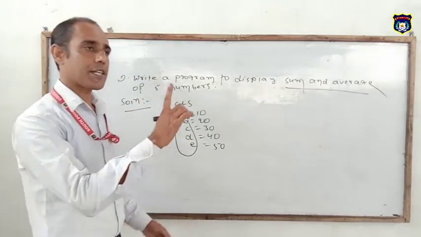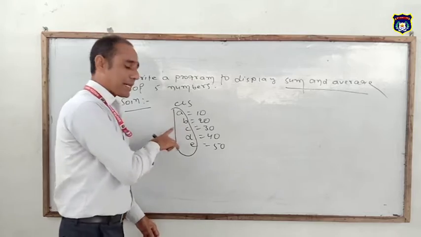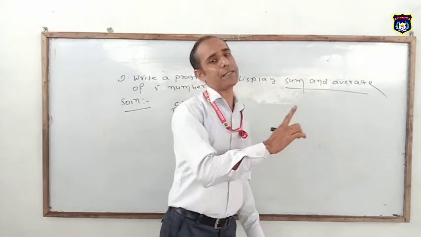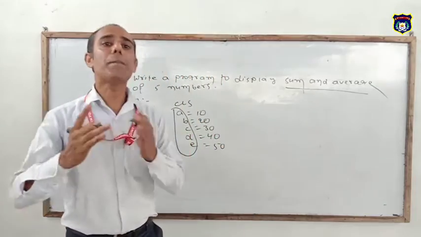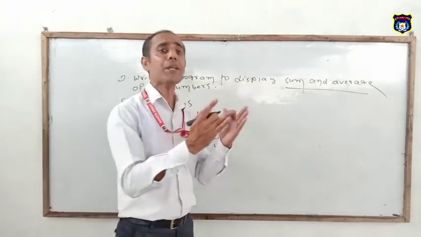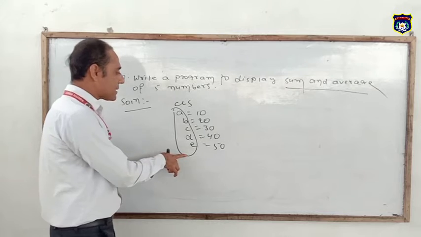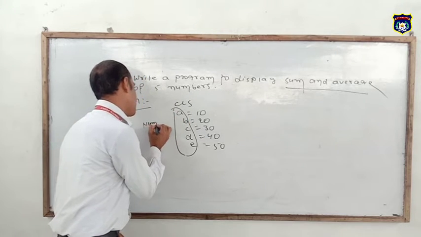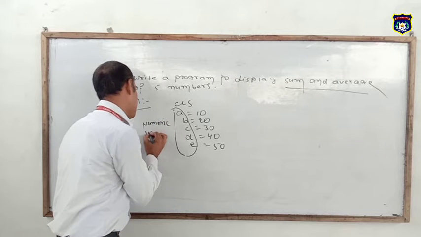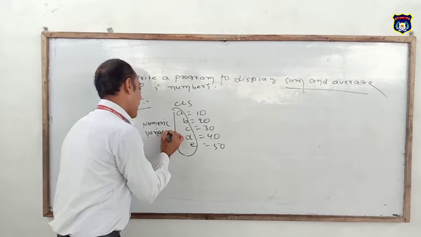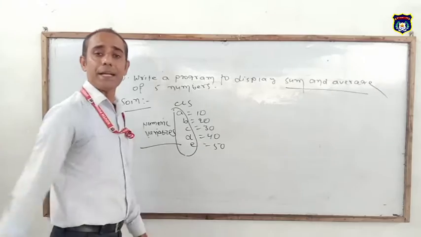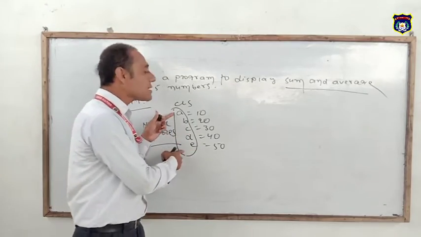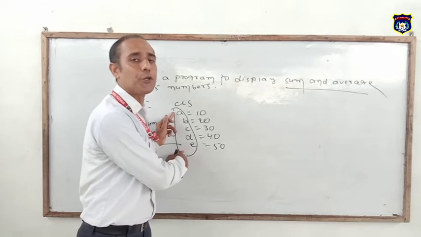We have already discussed this in the previous class. What is a variable? A variable is an entity which can be changed during the program execution. It stores the values. It occupies space in memory. These are the variables. And what kind of variables? Numeric variables. All are numeric variables. A numeric variable also has different categories: single precision, double precision, integer. These are called the single precision variable, which is the default in QBasic.